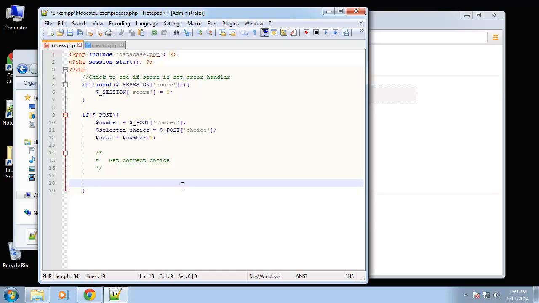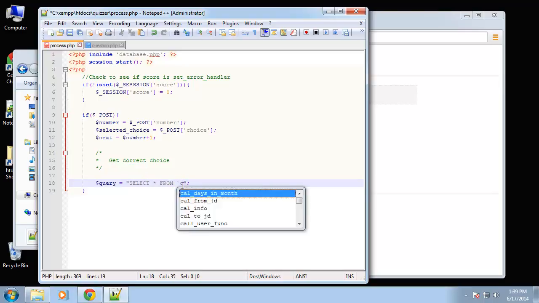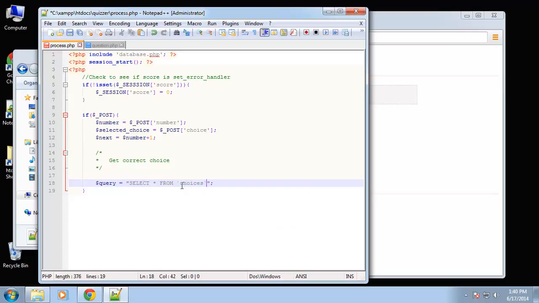So the query: we want to say select all from choices. By the way, these are not quotes. These are the little backticks. The key is located right above the tab. You don't need shift, just the key above the tab. I know some people might get confused and think that those are actually single quotes, but they're not. Alright, so select all from choices